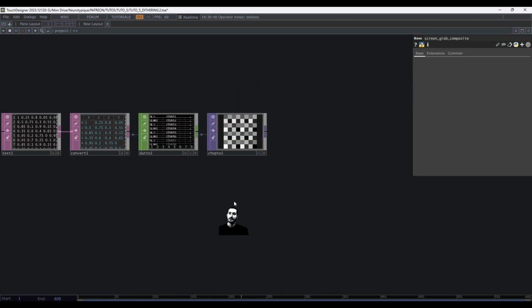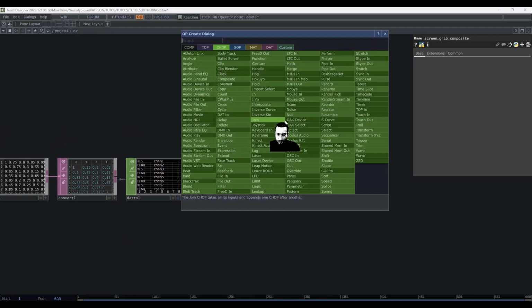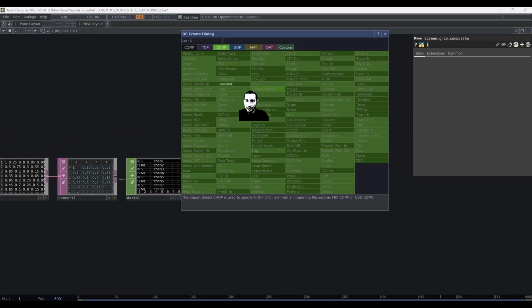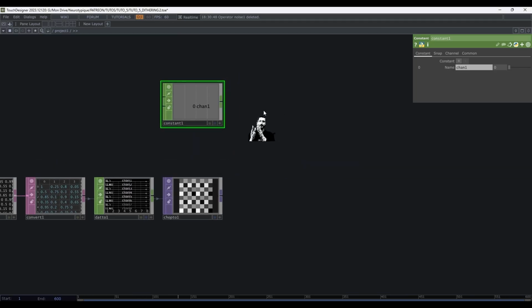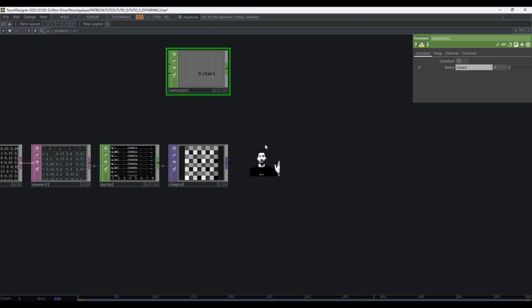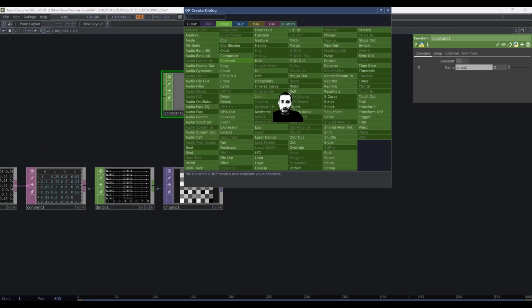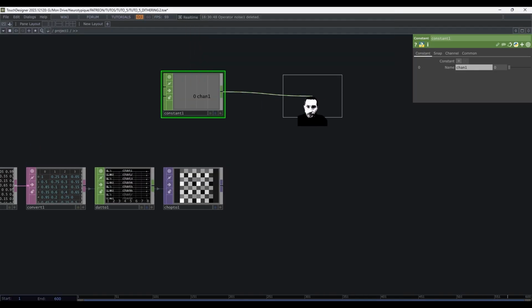So to make things easier, we're going to set a constant that will help us say how many times we want to repeat this 8 pixels texture, because if we have a 128 or 256 white texture, we need this texture to be more precise, to have more pixels. So I put just a constant and a null. Here let's make an image 128 by 128.